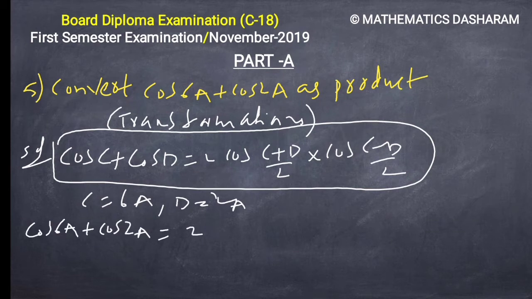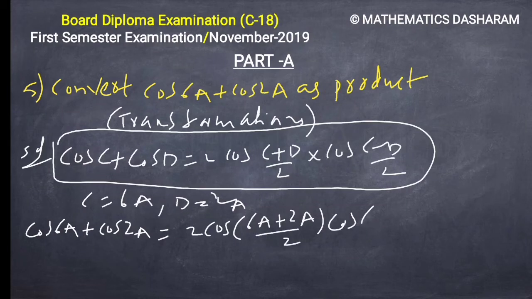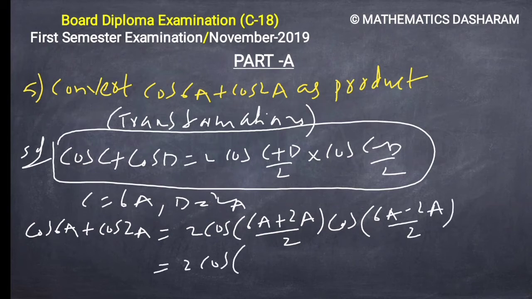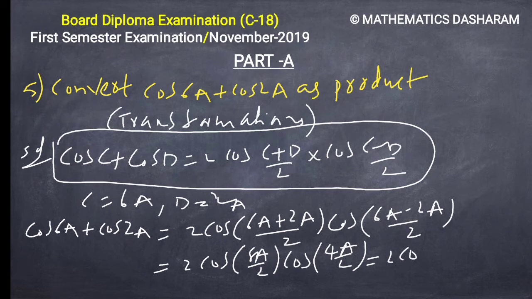Equals 2 into cos of (C plus D) by 2. So 6A plus 2A divided by 2 into cos of 6A minus 2A divided by 2. So 2 into cos of 6A plus 2A is 8A, 8A by 2, into cos of 6A minus 2A is 4A, by 2. So 2 into cos of 8A by 2 is 4A, because 2 fours are 8, into cos of 4A by 2, 2 twos are 4, so 2A. Now it is